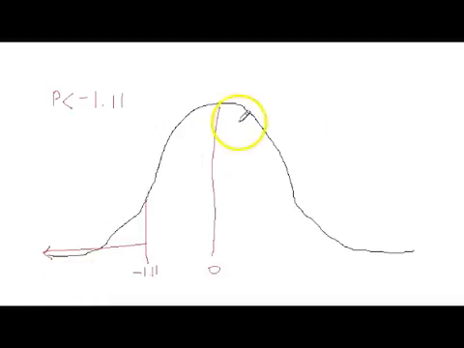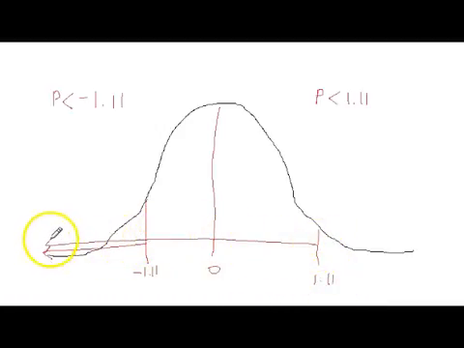In that standard normal table, it told us that the probability of being less than 1.11, right? So that was out here, was 86% approximately. That's all of this. Okay? So we can use this rule of symmetry, or we can actually use the sum to 1 rule to figure this out. So if we know the probability of being less than 1.11, then what's left over, right? All of this down here is the same as everything that's left over on this side,